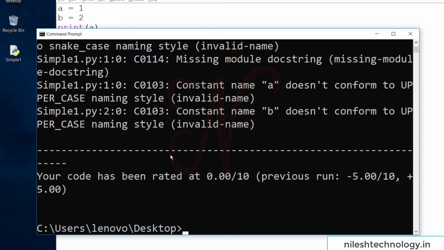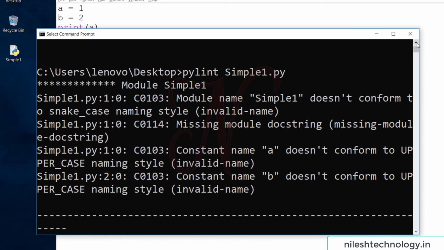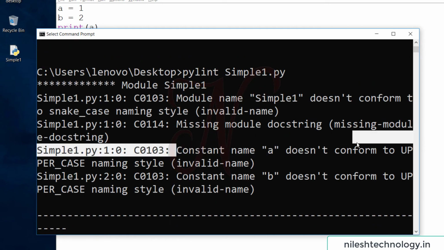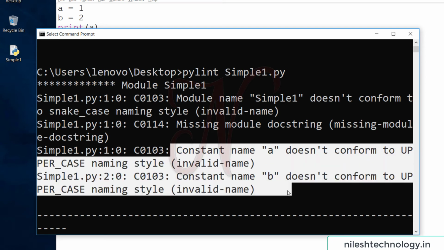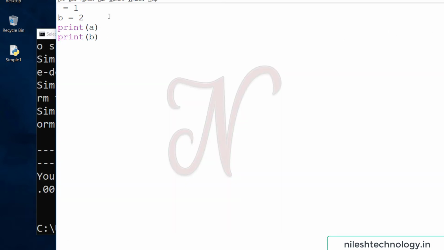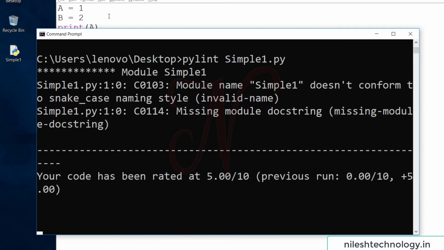See here, now 0.00 out of 10. Now see what the problem is. Constant name a doesn't conform to the uppercase naming style, and b doesn't conform to the uppercase naming style. So here capital A, capital B, print capital A, capital B, save these changes, and again run pylint.